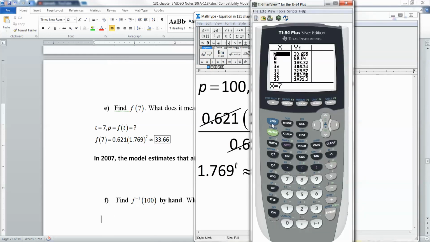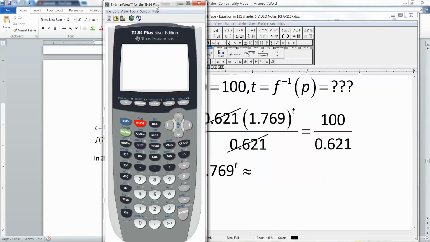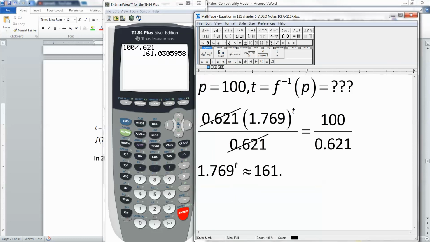100 over 0.621. Enter. Is about 161.031, if you will. All right, and then I'm going to take the log of both sides because I need